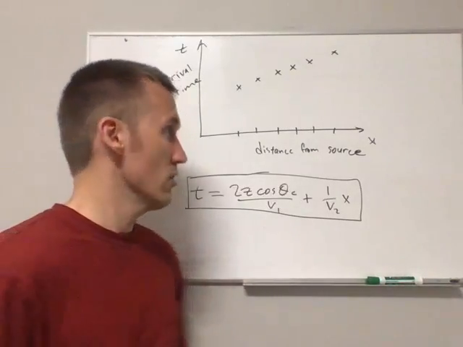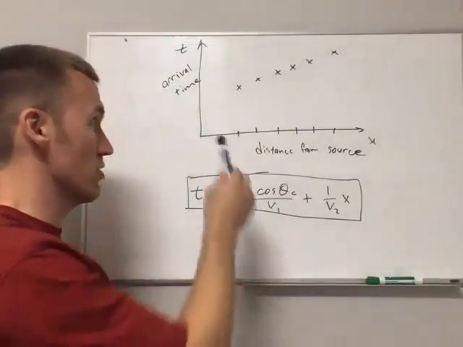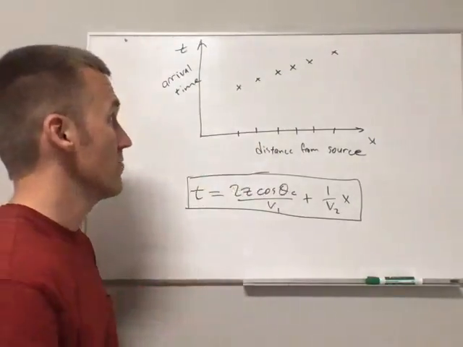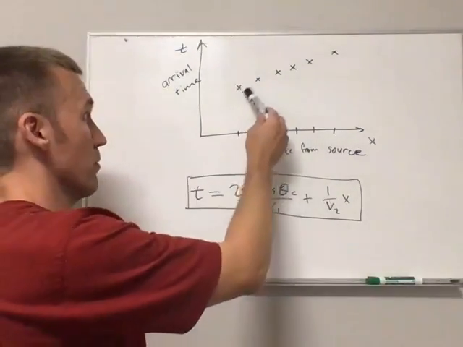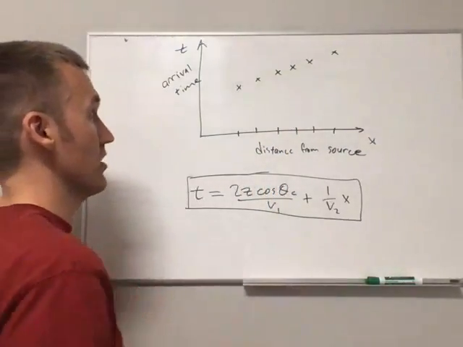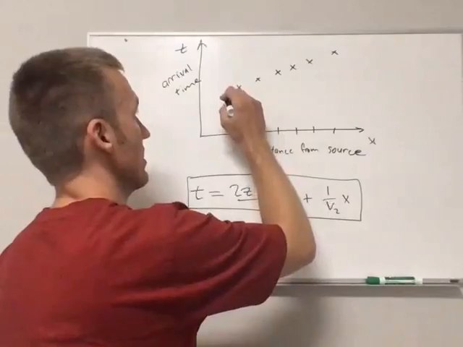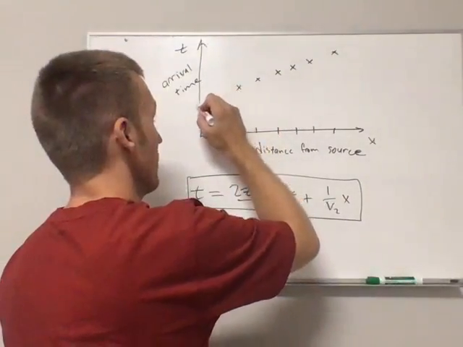That distance is called the crossover distance. So there are some things going on here in these near distances, which I'm not going to talk about right at this moment. But basically, once we go past that crossover distance, these points should all line up on a straight line. The slope of this line, if we fit this line, black are the observations. We're going to fit this line,